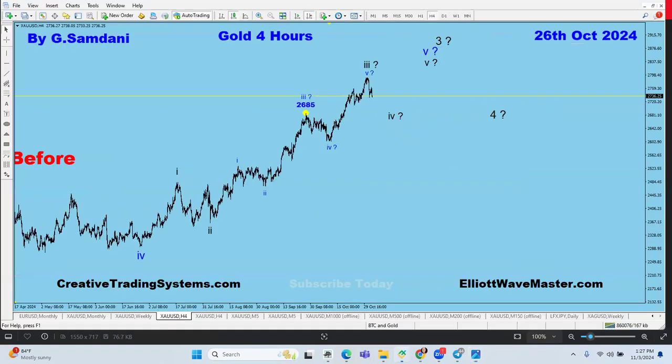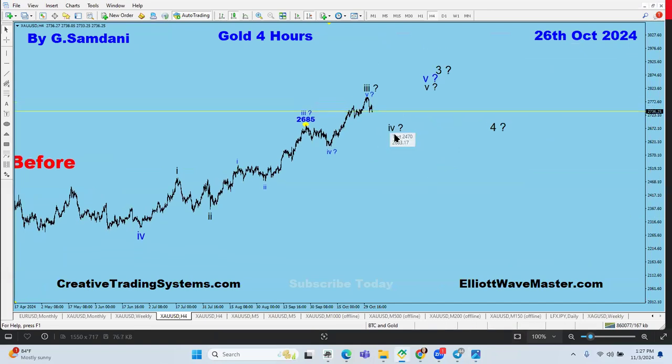Now, what is really happening is you can see here that either in this version we're going to drop for wave four, then it could be wave four or wave A to the downside, then B and then C to the downside. Or this would be wave four, then we go up instead of B, for wave five, and finish wave three of this numeric count. Then you're going to drop for wave four in A, B, C fashion. So let's see what happens.